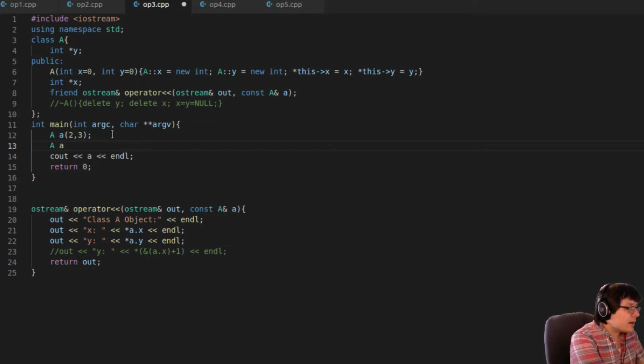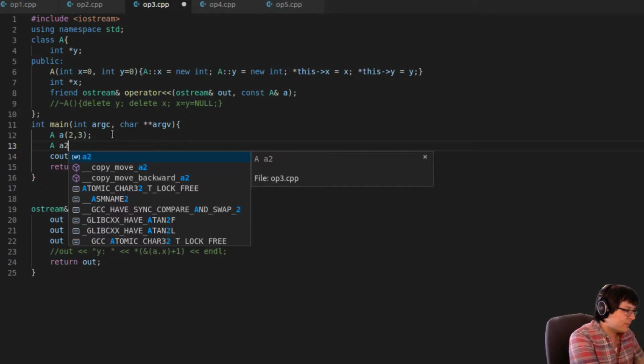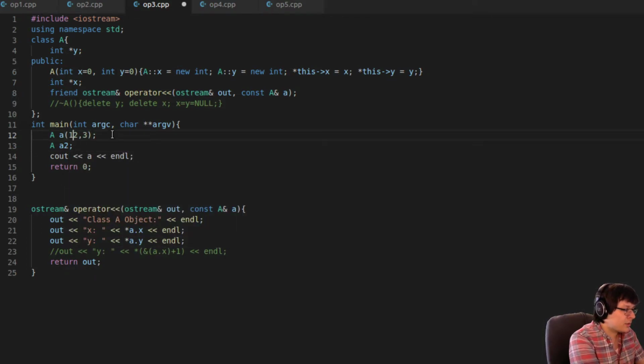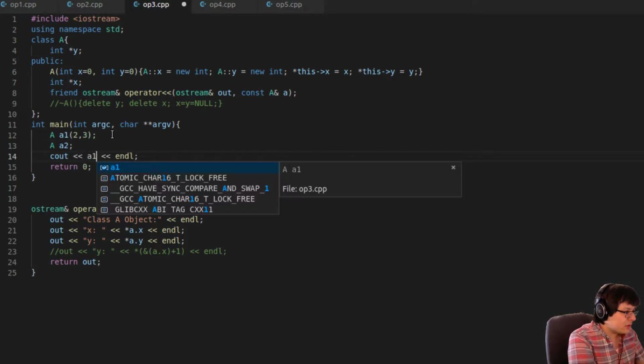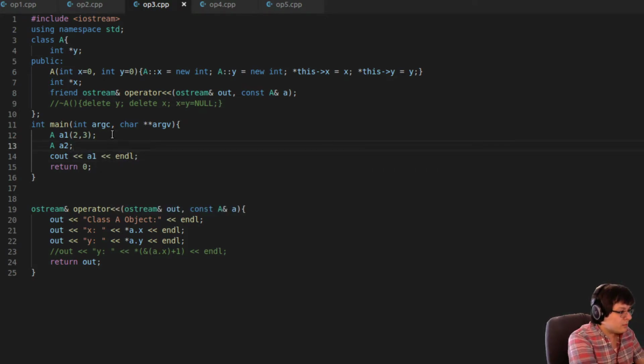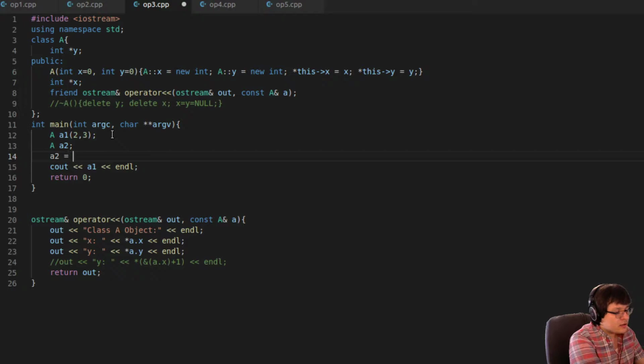Okay. So anyways, let us go ahead and make a second object. So in this case, we are going to make A2. Yeah, A2 like that. So I guess we'll call this one A1, just so I don't get confused. Okay. And so what I'm going to do with A2, and I could have done it in the same line, but I'm making it here just to make a point, is I am assigning the value of A1 into A2,